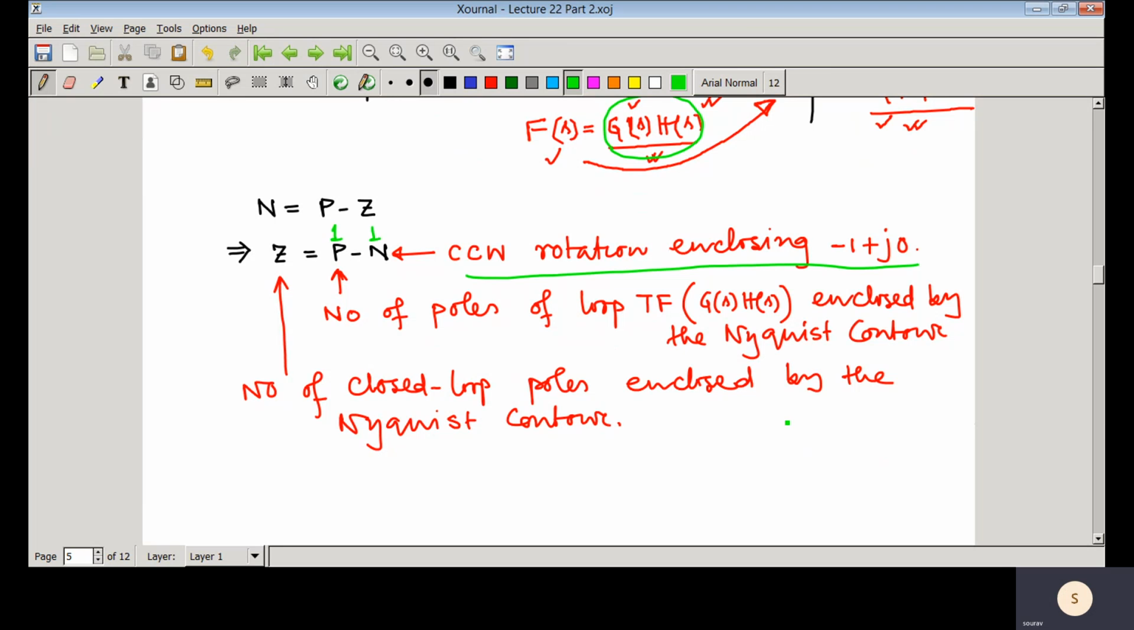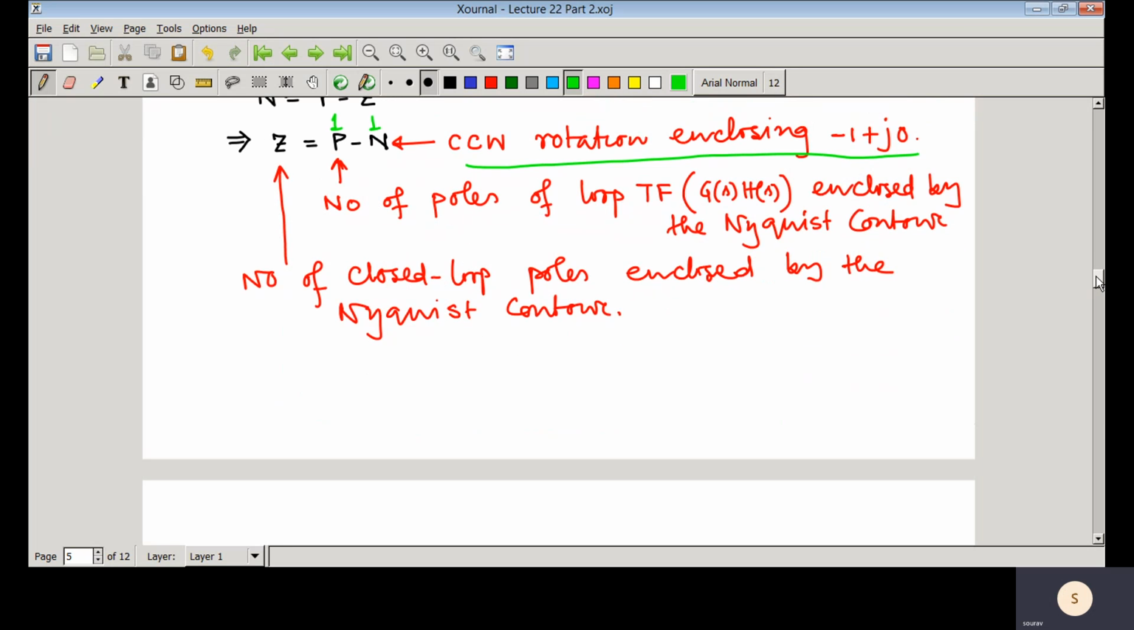That means there is no closed loop poles in the right half of that S plane. That means the system is stable. So for stability, what we need? So for stability, we can write here the closed loop